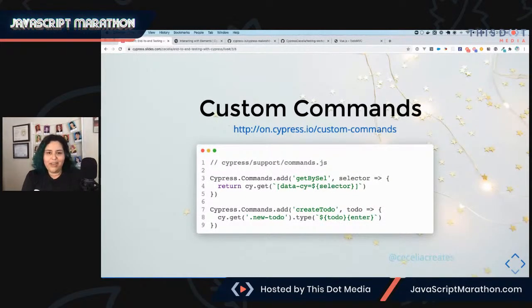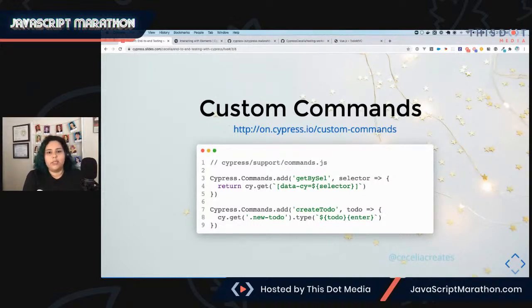Okay, great. So custom commands. I mentioned this earlier. It's a little bit more of an intermediate topic, but I'd like to cover it because I feel like it makes your life so much easier when you're writing tests. If you bear with me a little bit, within your support folder, there's a commands.js file. This comes automatically. However, by default, there's nothing in there except for some information. This allows you, though, to add commands to Cypress that you can leverage throughout your test code without having to